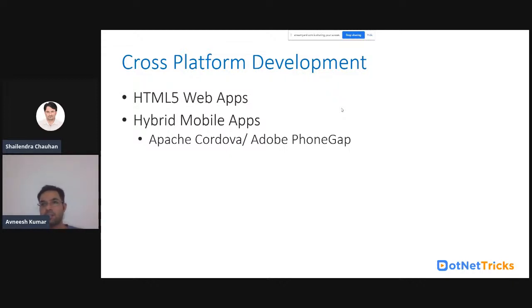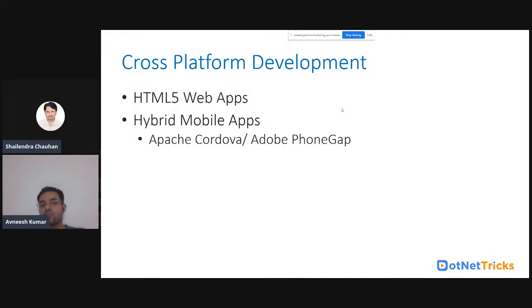So developers researched that, and hybrid development evolved. So what are hybrid mobile apps? It's like you have a single code base, you are making a web application, but when you run it on your mobile, it looks like you are running a mobile application.